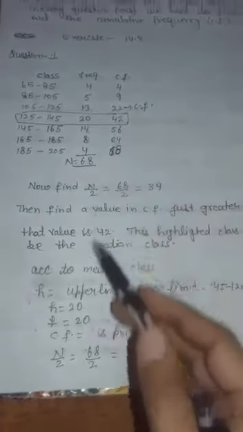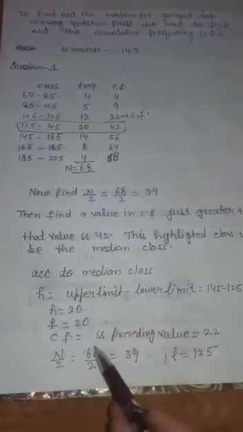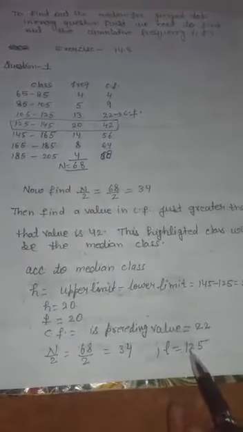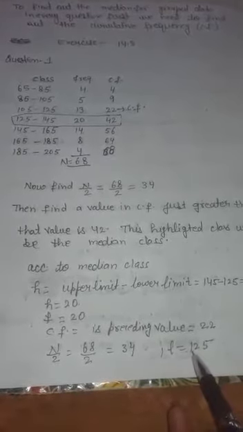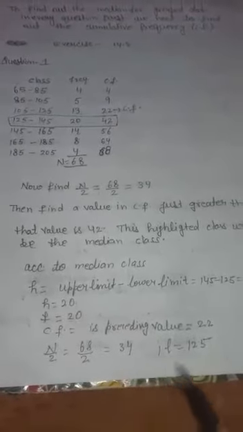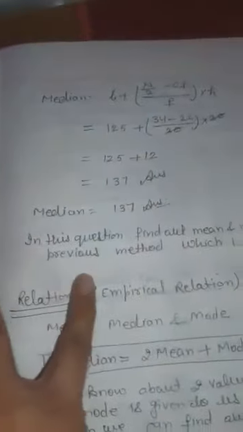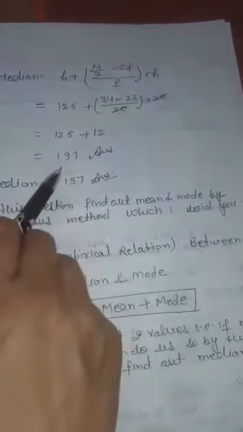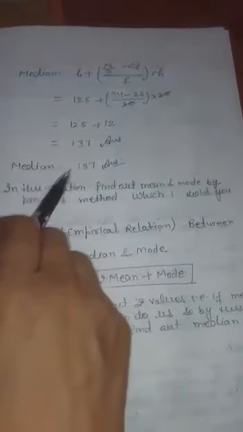Now next is N by 2. N by 2 is equal to 68 divided by 2, which is equal to 34, and L is the lower limit of this median class, and here the lower limit is 125. Now you just have to substitute all values in our formula. The formula of median is L plus N by 2 minus CF divided by F into H. Now L is 125 plus 34 minus 22 divided by 20 into 20. If we solve, after the solution we obtain 125. So the median is equal to 125, and by this method we can find out